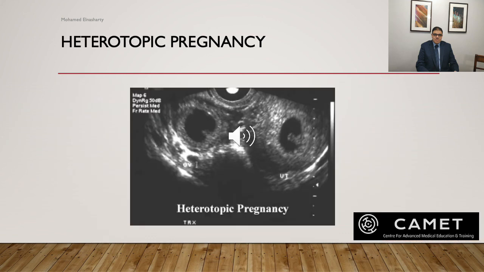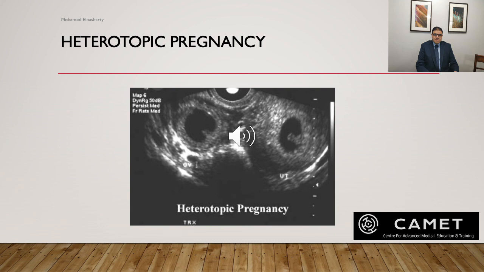Heterotopic pregnancy, in which ultrasound findings demonstrate an intrauterine pregnancy and a coexisting ectopic pregnancy. Serum BHCG level is of limited value in diagnosis of heterotopic pregnancy. The intrauterine pregnancy must be considered in the management plan. Methotrexate should only be considered if the intrauterine pregnancy is non-viable, or if the woman does not wish to continue with the pregnancy. Local injection of potassium chloride or hyperosmolar glucose with aspiration of the sac content is an option